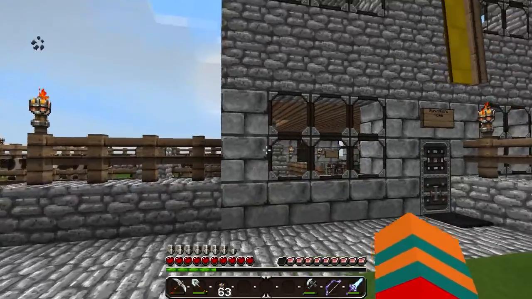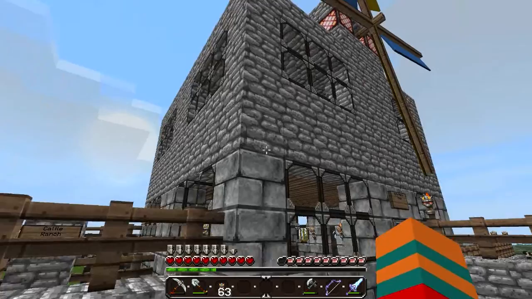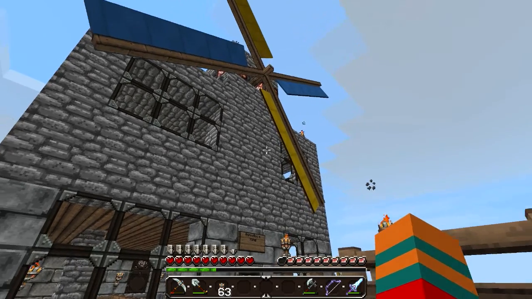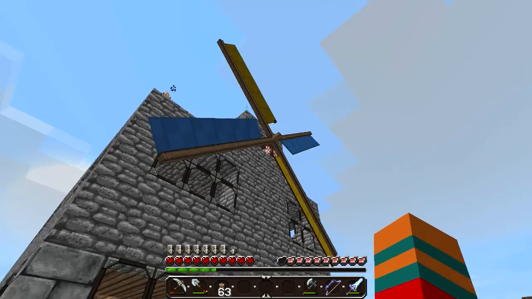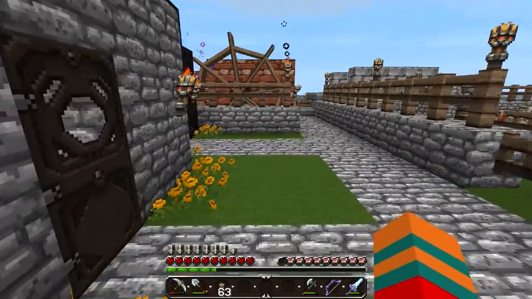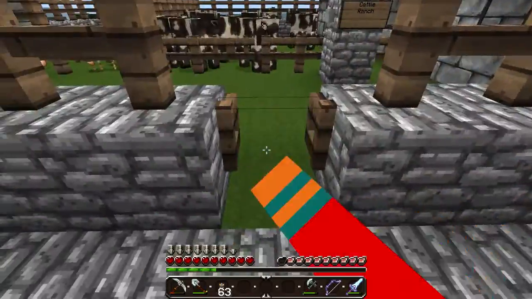Like I said, I started converting the whole thing into stone blocks, my little mill here, and you can see I've dyed the blades of the windmill as well. And I put a few of these, actually vanilla Minecraft light blocks, on the roof, as well as some torches, just so that creepers don't spawn up there, because I had a creeper spawn on the roof, and